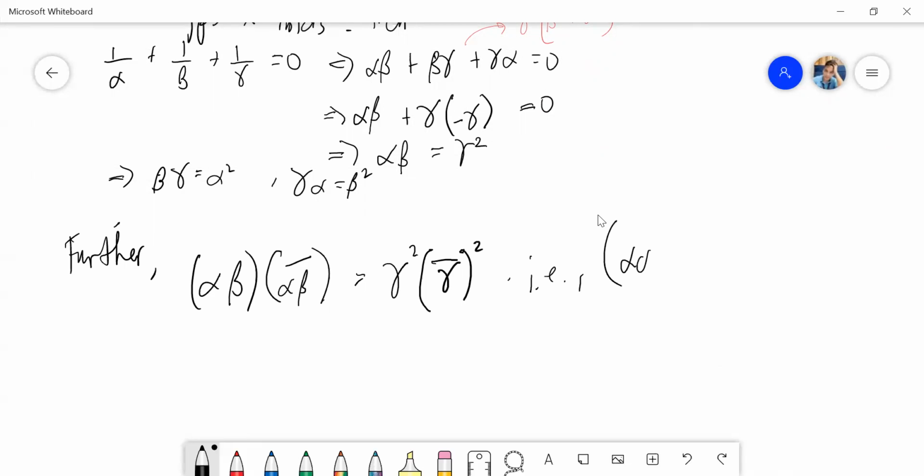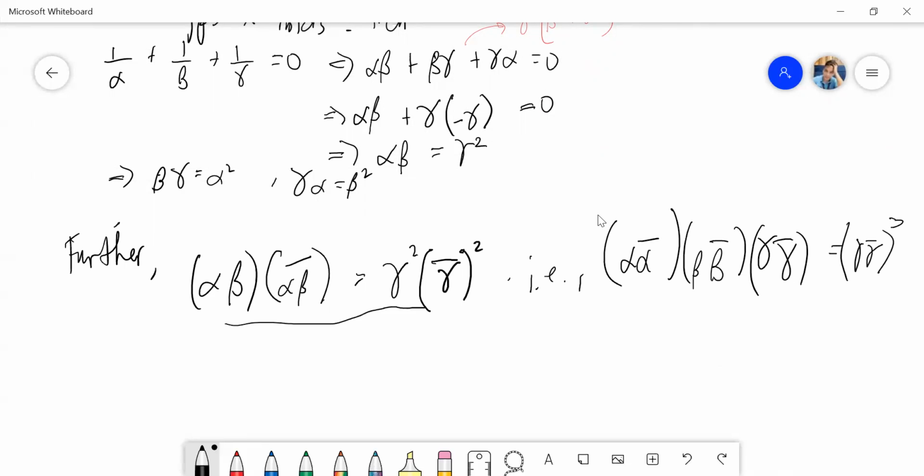I'd have alpha modulo alpha times beta modulo beta times gamma modulo gamma, and I would have gamma modulo gamma cubed. Meaning I multiply both sides of this equation by an additional gamma times modulo gamma. Because of symmetry, we would also have